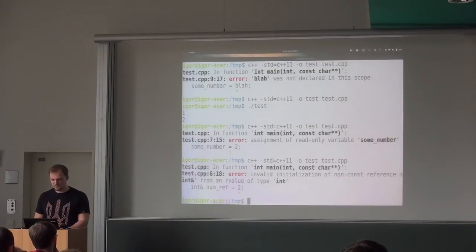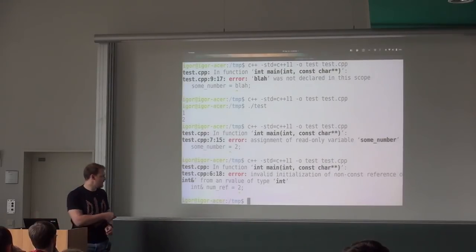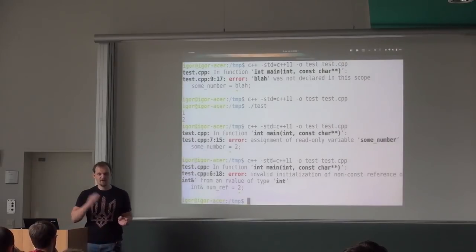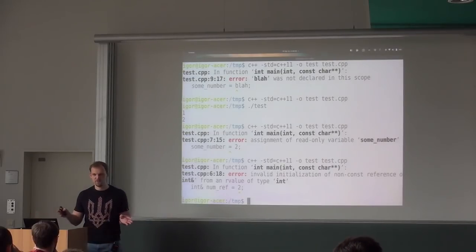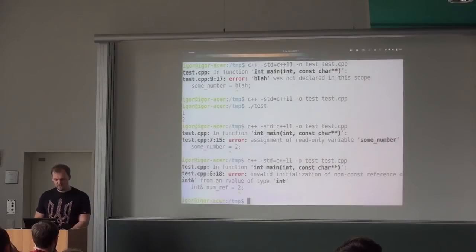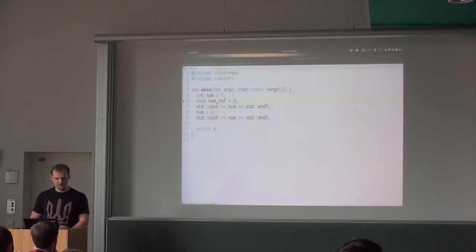But at first you have to not be scared of this word R value. R value means that everything that can stand on the right side of assignment operator is an R value. That's it. That's all you need to know at this point. And at this point, R value is 2 in our case.